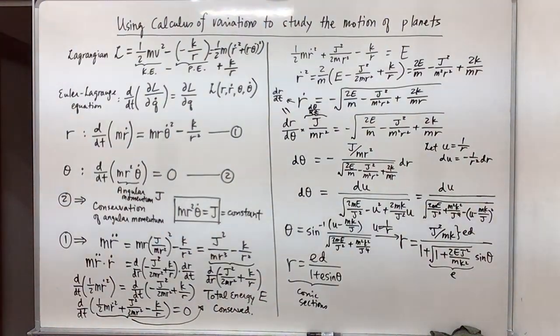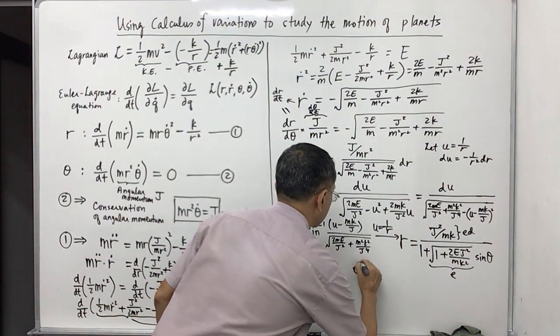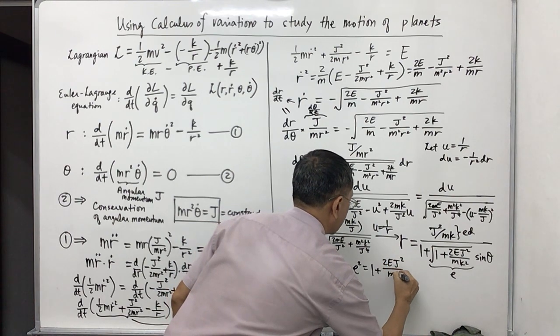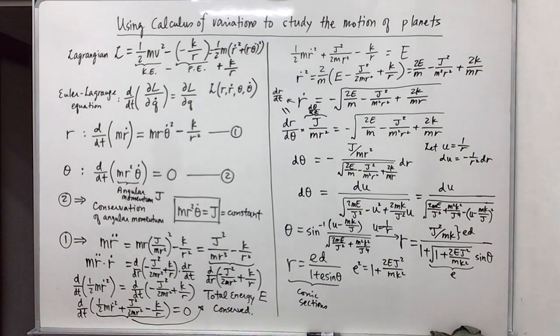ED is the numerator, and e is that square root. So accordingly, we can therefore say that e squared is 1 plus 2EJ squared over mk squared. Now comes several interesting properties or interesting results that relate the energy with the eccentricity. Okay, so depending on whether that planet or even comet or whatever body that comes around the sun,